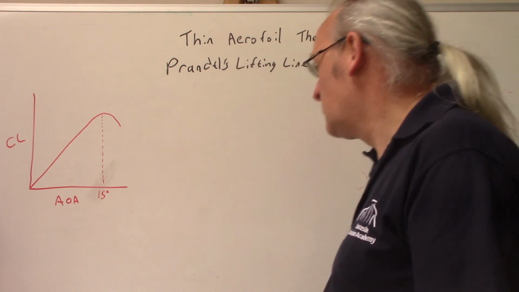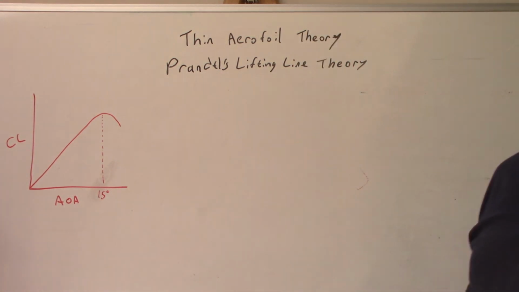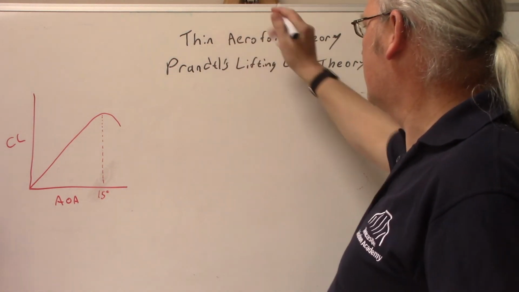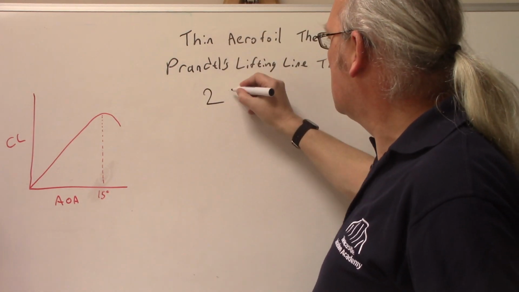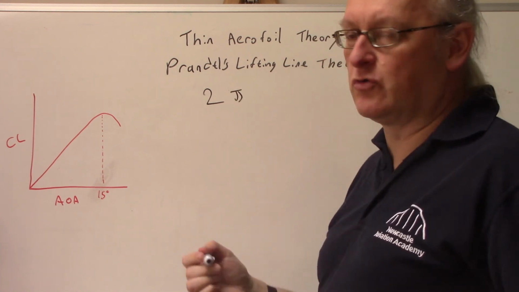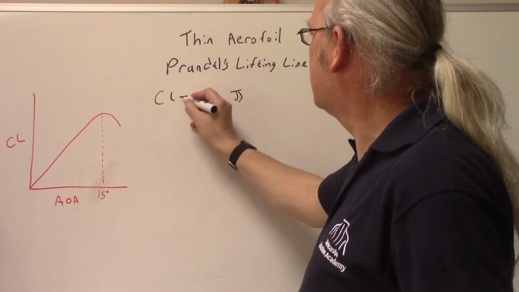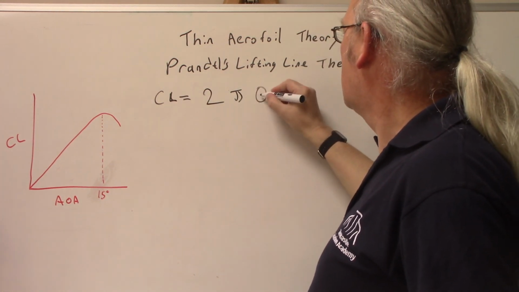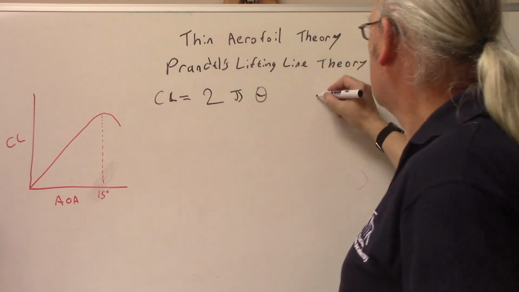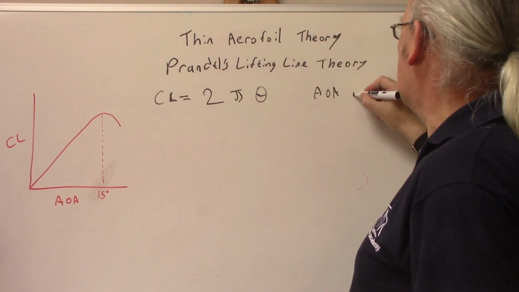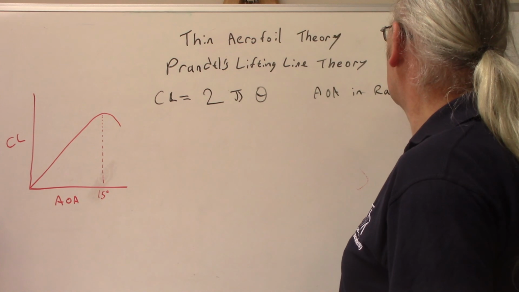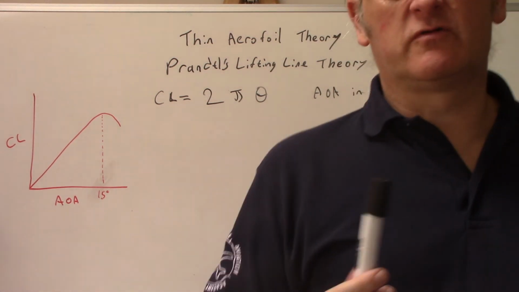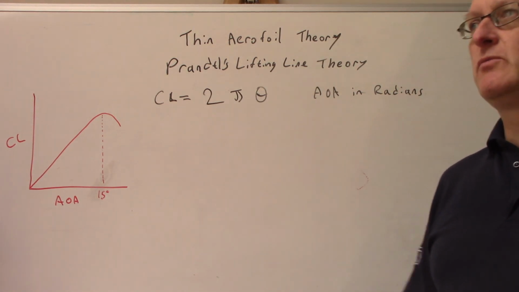So, without going off on too much of a tangent, let's stick with the theory and the graphs. The theory here is thin aerofoil theory, which is a very simple one, it's just 2 pi, to work out your coefficient. So the coefficient of lift equals 2 pi times theta. This theta is your angle of attack, in radians. Now, to convert degrees to radians, you multiply by,